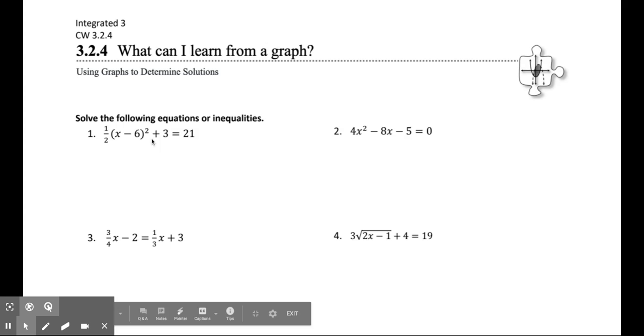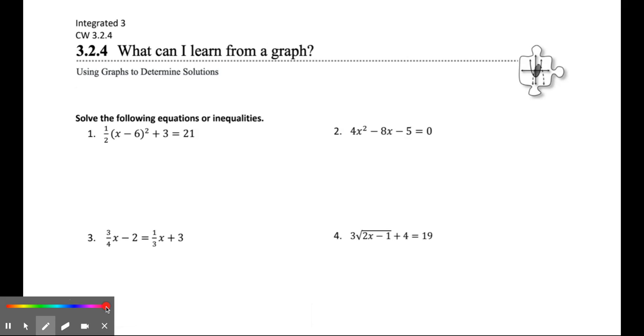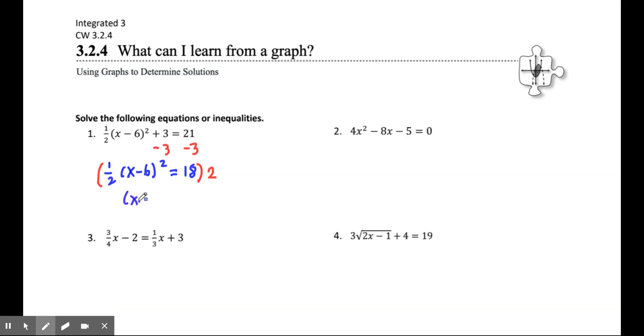So for number one, you want to isolate what's being squared. You first need to subtract this 3 from both sides, and then you get 1/2 x minus 6 squared equals 18. And then to get rid of the 1/2, you multiply by 2, and then you get x minus 6 squared equals 36. Now that what's being squared is isolated, you can square root both sides